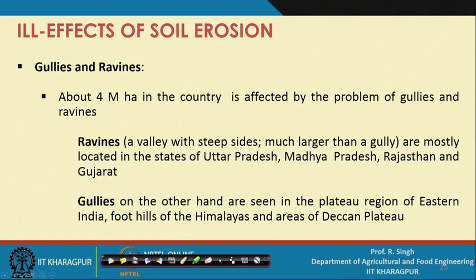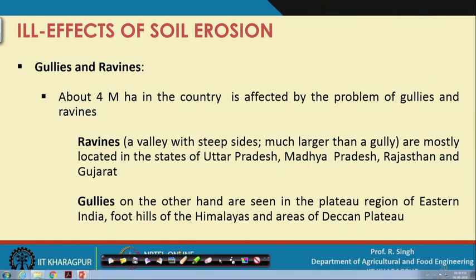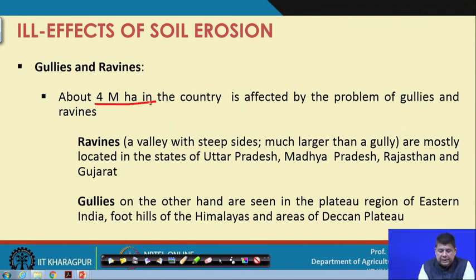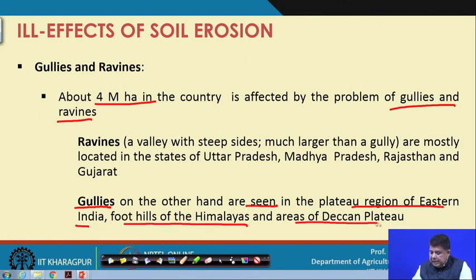Now, coming to gullies and ravines. About 4 million hectares in the country are affected by the problems of gullies and ravines. We have already discussed what gullies are. Yesterday we saw gully erosion, and they are found in the plateau region of eastern India, the foothills of the Himalayas and areas of the Deccan Plateau. Ravines are defined as a valley with steep sides,